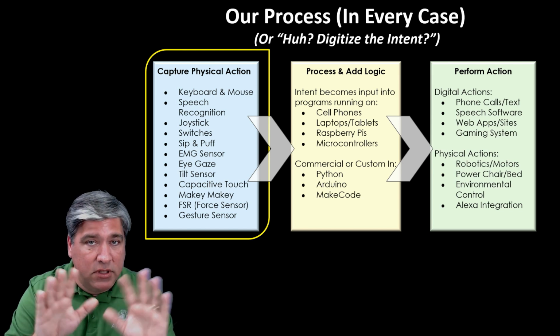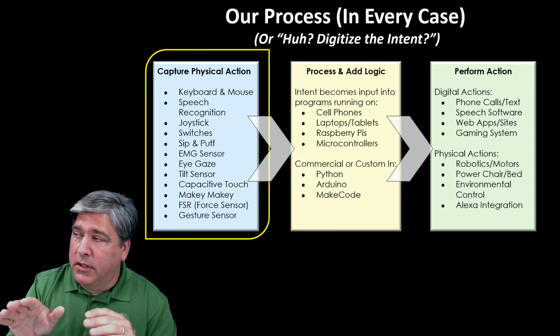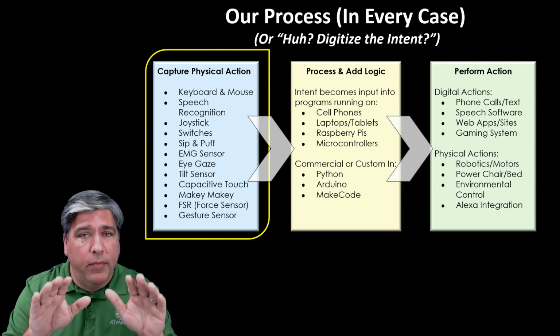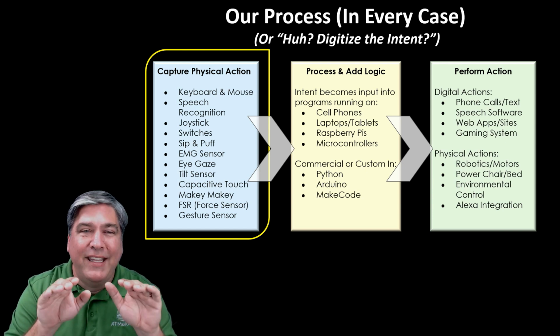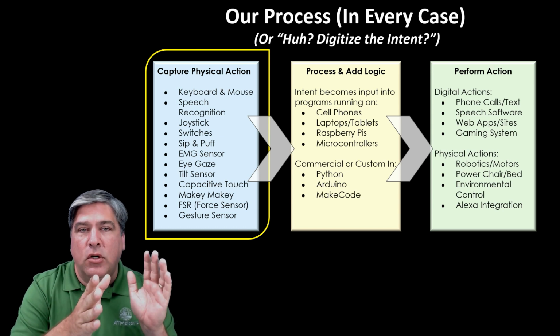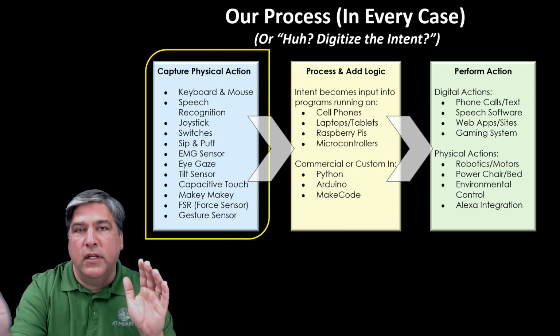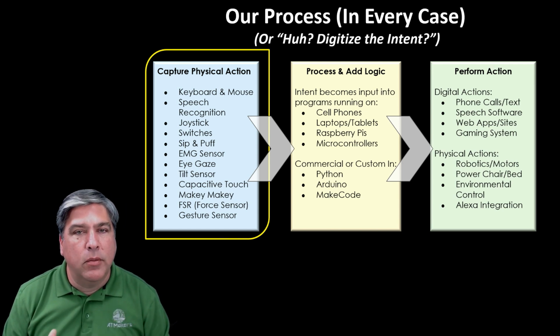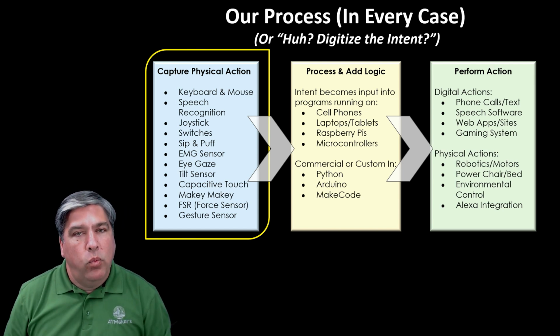So if she was stopped and she hits right, it spins to the right. And if she stopped and she hits left, it spins to the left. If she hits both, she goes forward. If she's moving forward and she lets up of the left switch, she curves. She goes northeast rather than stopping and jerking. That's just logic. It's a little bit of logic that you can put in software that says, am I currently